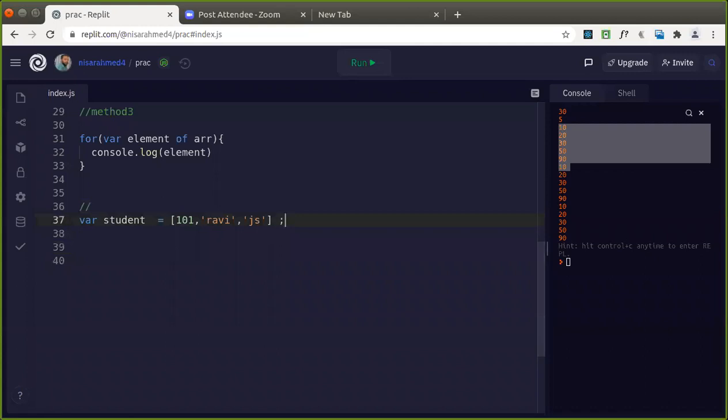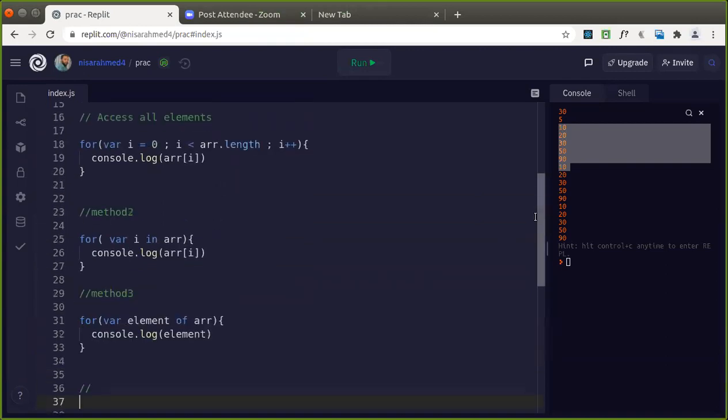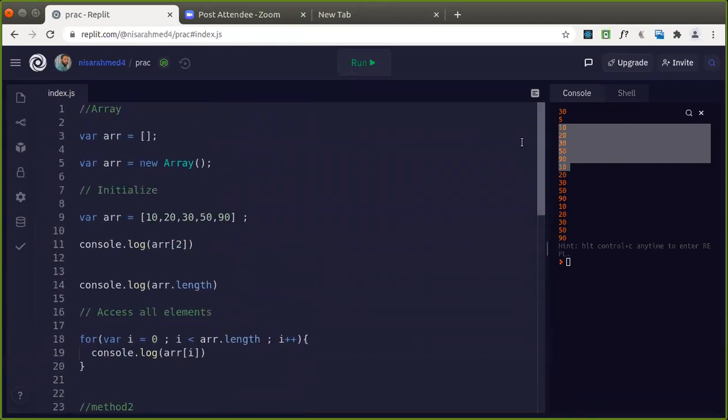So what would happen here? You are going to have values of different data types. They need not be of the same type, but they are related to one single entity. So 101 is at index 0, this one is at index 1, and this one is at index 2. Cool. Fine. You can have values of any type in an array.